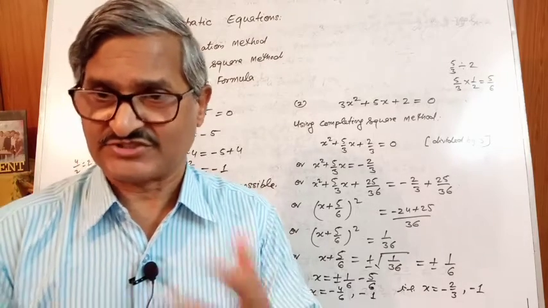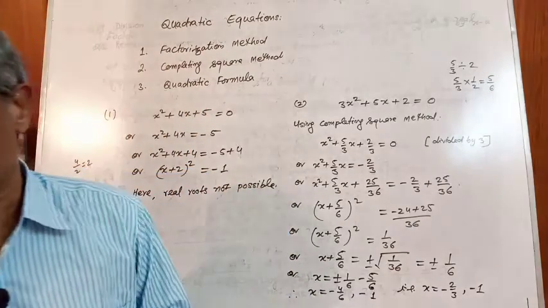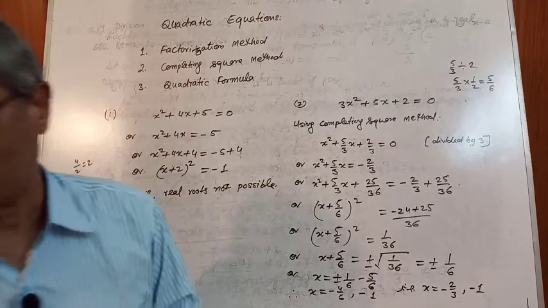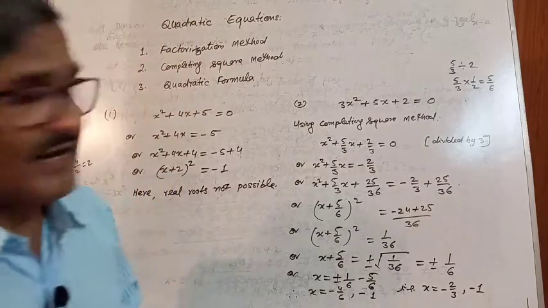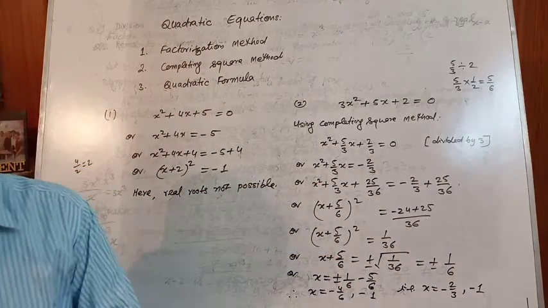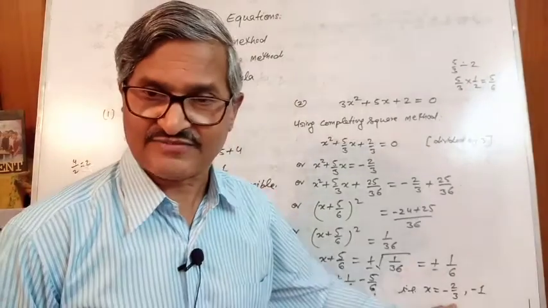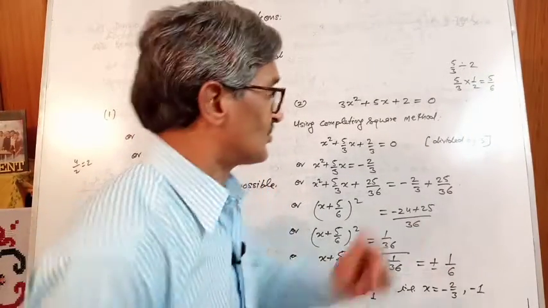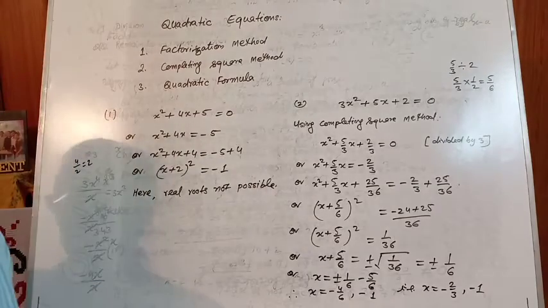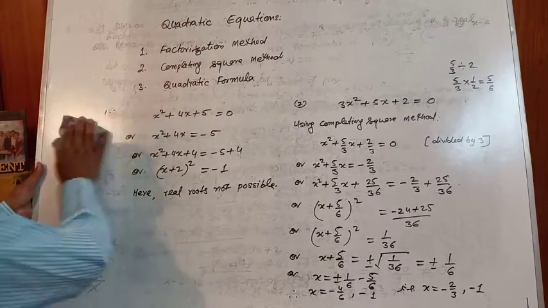Sridharacharya first found this out. So it is called either the quadratic formula or Sridharacharya formula. We will be using both the completing square method, and that formula directly also can be used to find these two roots. Directly we can find these two roots. So we are going to take the general quadratic equation.